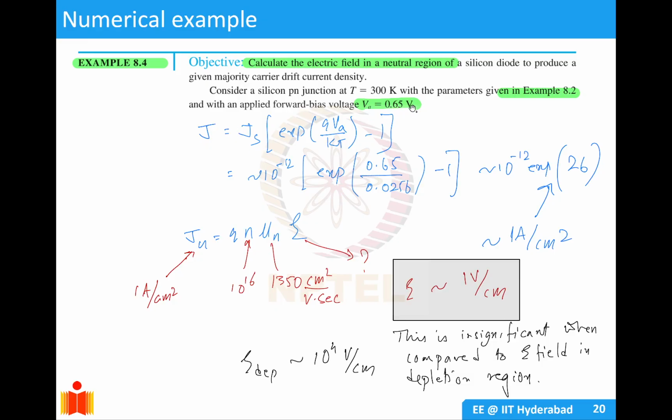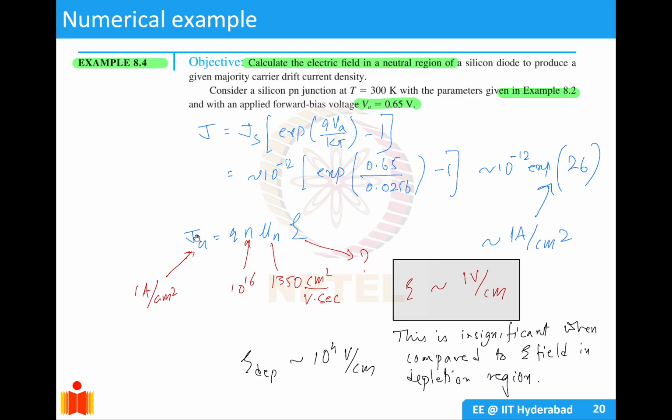So for 0.65 volts, JS we had calculated as 10 to the power minus 12. If we calculate this, it comes to around exponential 26. If we multiply it, we will get around 1 ampere per centimeter square. Now this is equal to the drift current. The minority carrier diffusion current will be the same as the majority carrier drift current